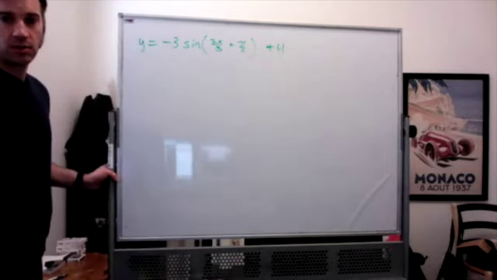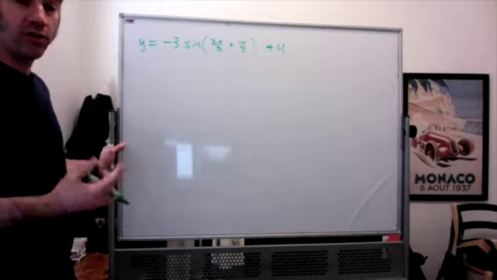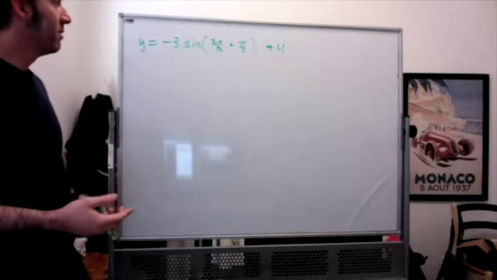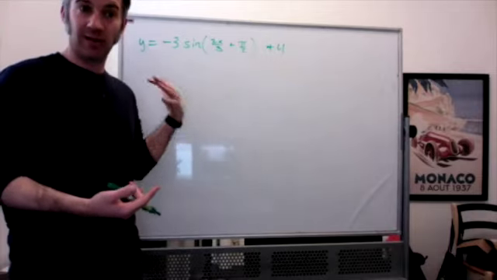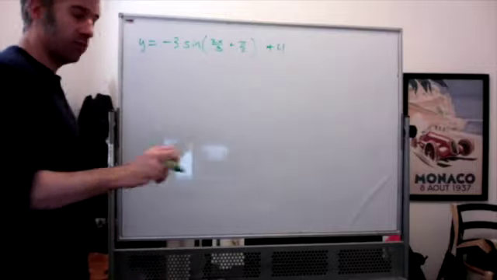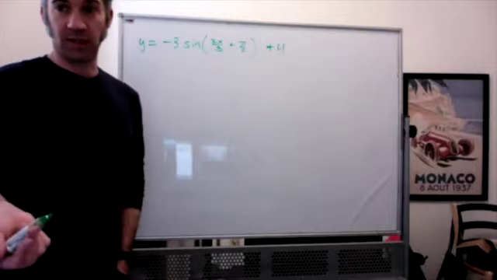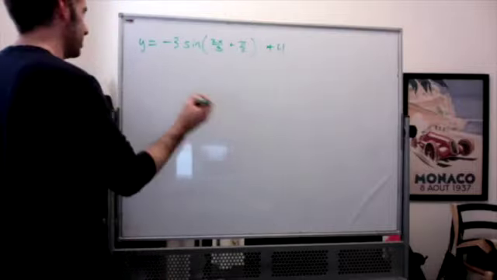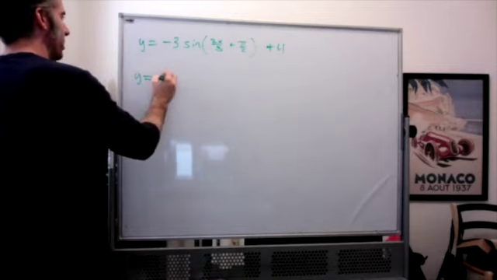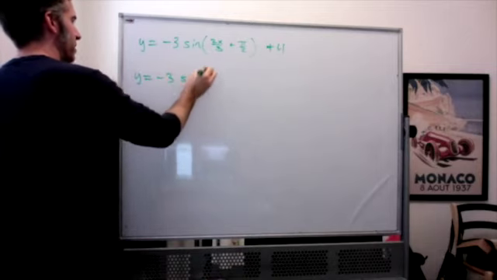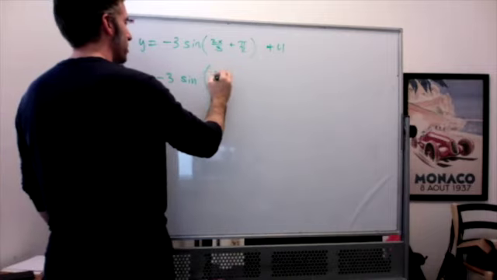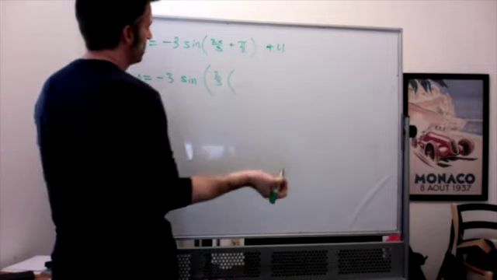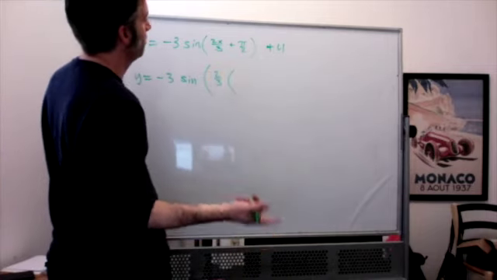I want to point out there are 2 equivalent ways of writing a question like this. This is the way I am most likely to write it, but you probably saw in the most recent homework assignment that was turned in today that you could also write something like this: -3 sine of 2/3 times,